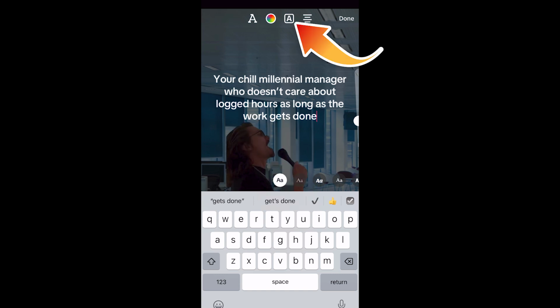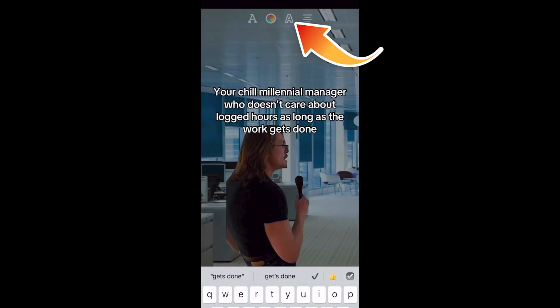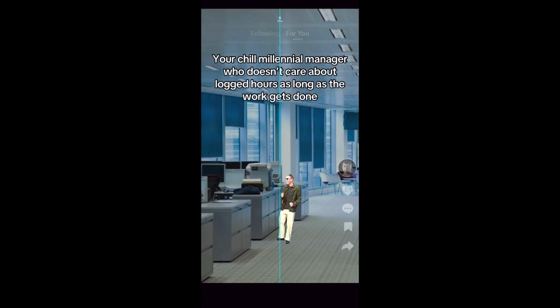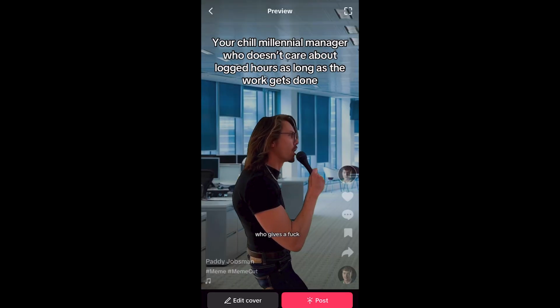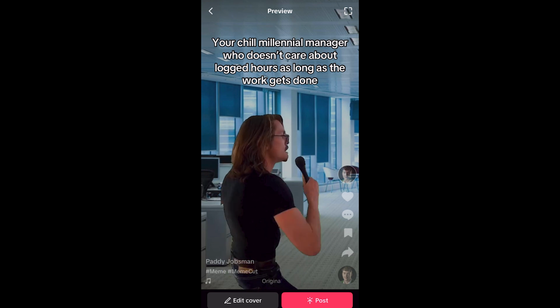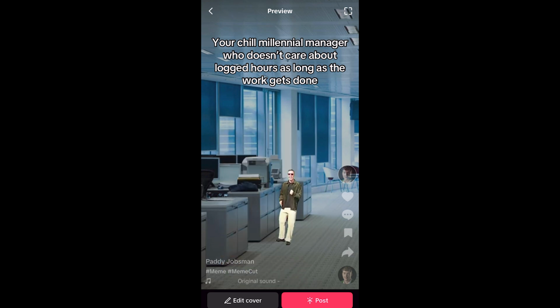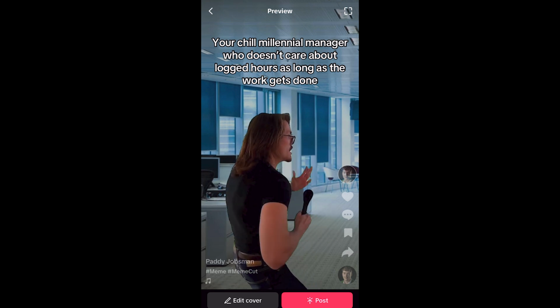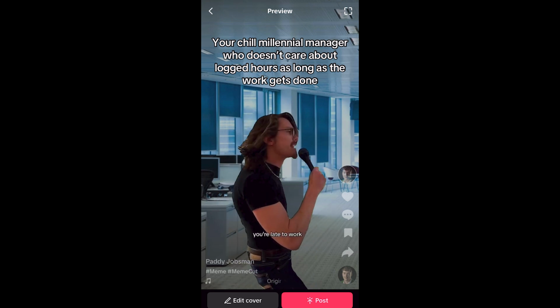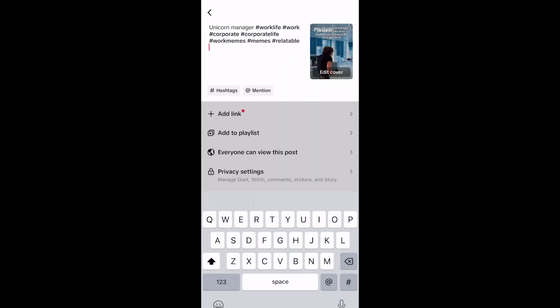I'm going to darken the edges of the text by hitting that A button at the top. Scroll it up here, click next, and just click on the preview button here on the right hand side, and you can just double check that the text all fits on the screen perfectly. You'll notice as well on TikTok that when you go to post, the text is a little bit bigger than what you see here, so just make sure that it fits on the screen,